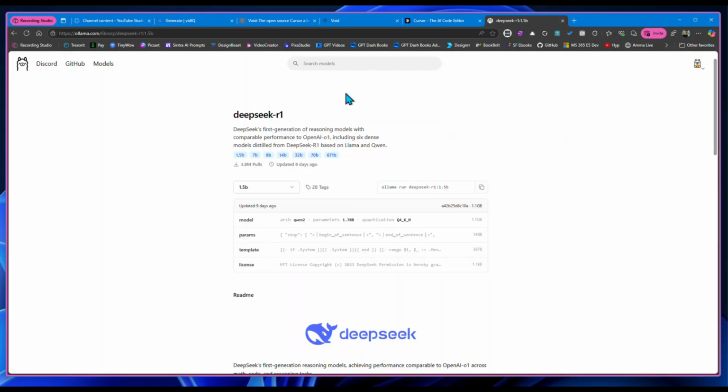I've gone to Ollama, where you can download Ollama, by the way. And you don't need Docker. I just want to make that clear. You can run it locally, but I like to have everything isolated, segmented as best you can with Docker. And there we go. So once you get Ollama,